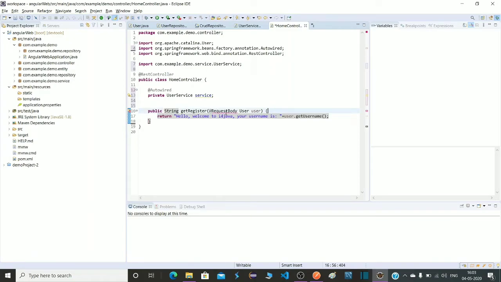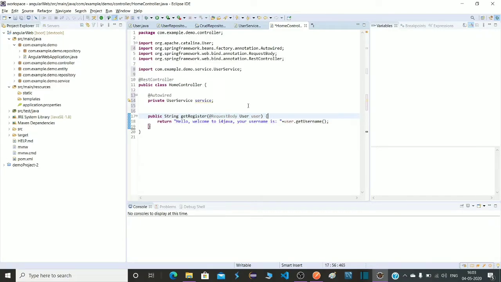We have to import the package of RequestBody, so I am using a shortcut. When this method should be called, we have to mention here. So when a post request comes with /save, this method should be called. I have to write it inside. This is done.